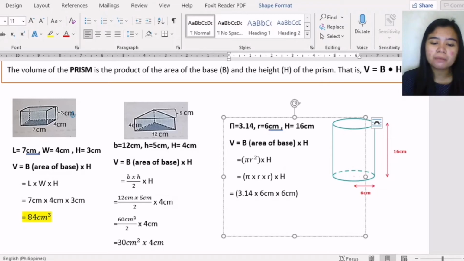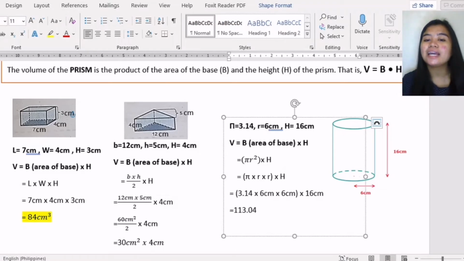And then copy the multiplication symbol, substitute the value of h, which is 16 centimeter. Then copy equal and let's multiply. So, 3.14 times 6 is 18.84. And then, 18.84 times 6 again, the answer is 113.04